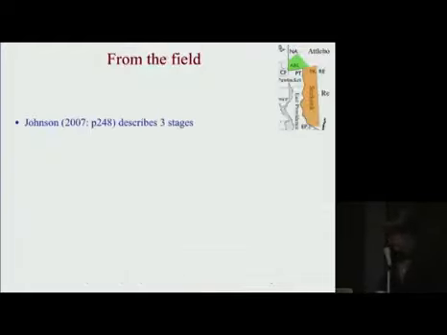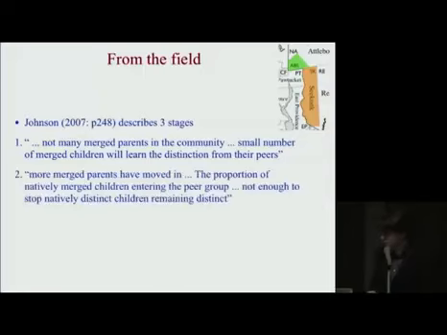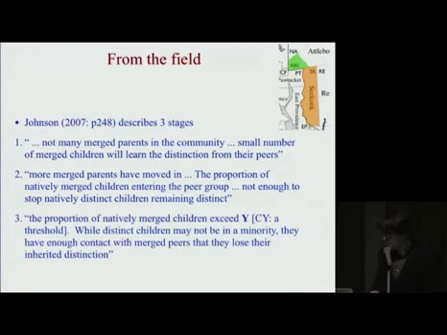Dan Johnson, in his very careful study interviewing thousands of subjects, described three stages. First stage: not many merged parents in a community. A small number of merged children will learn the distinction from their peers. Second stage: more merged parents have moved in. The proportion of natively merged children entering the peer group is not enough to stop natively distinct children remaining distinct. Finally, the proportion of native merged children exceeds a threshold he posited. And while distinct children may not be in a minority, they have enough contact with merged peers that they lose their inherited distinction. So it's